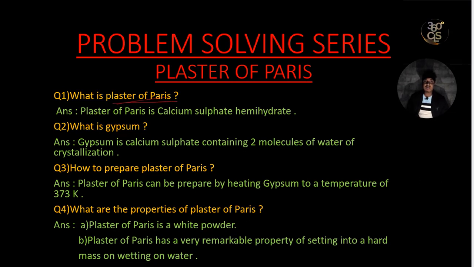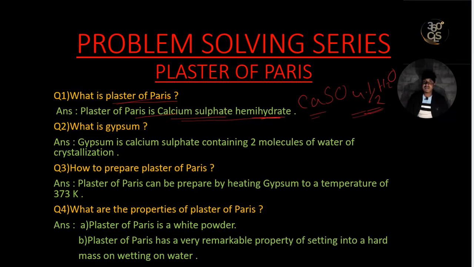The answer is, plaster of Paris is calcium sulfate hemihydrate. It means plaster of Paris is a calcium sulfate containing half a molecule of water, okay, which is known as calcium